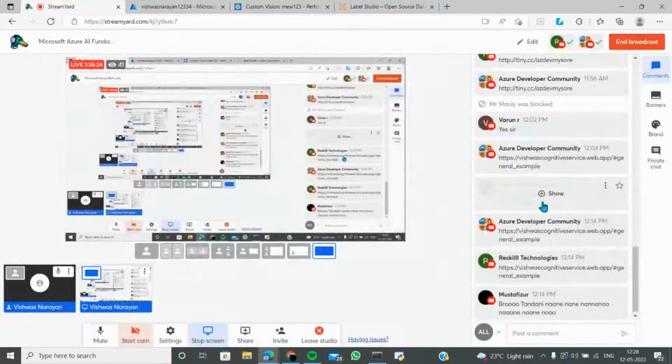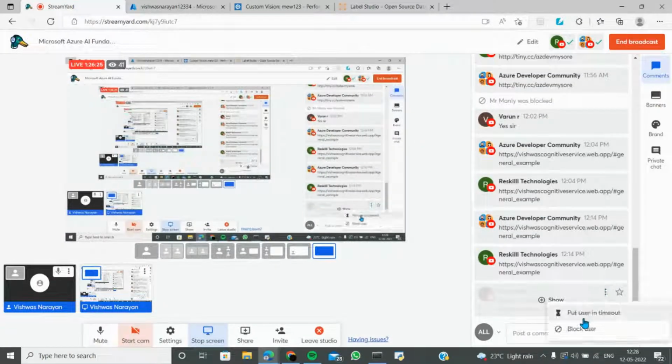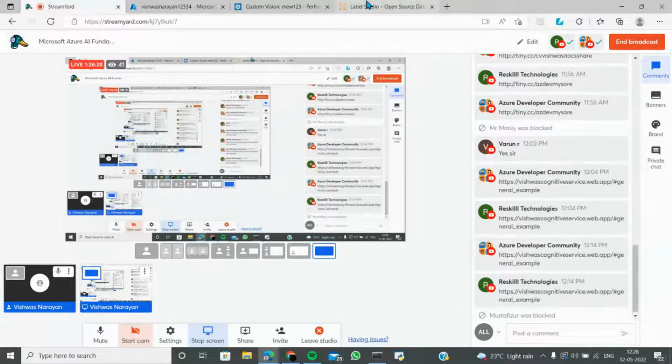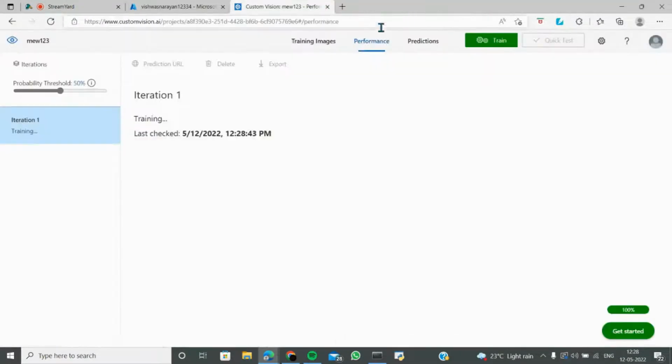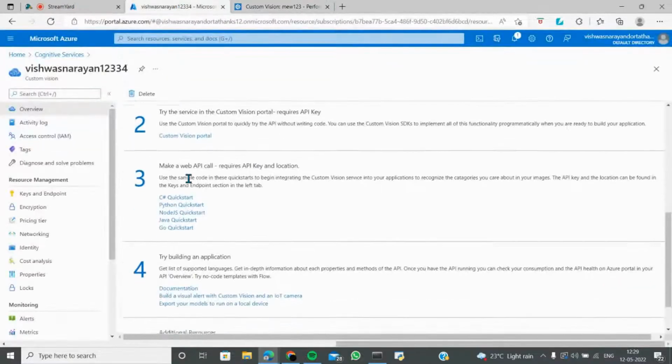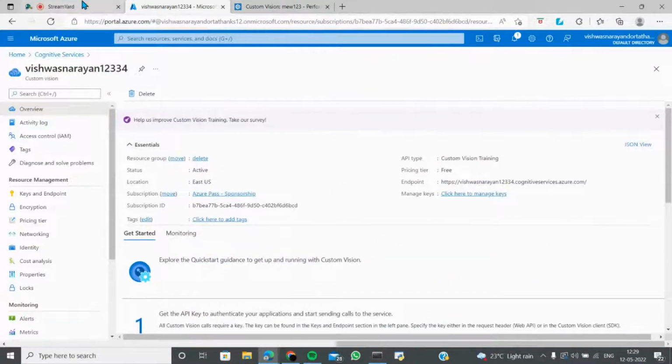So don't worry, folks. A lot of times it's too much work to get it right, so it takes some time. Quick training will obviously take some time. Probably the threshold is 50-50. That's what they are giving us now, so this is the ideal one. So let's just do that. This is the minimum probability score to predict as valid when calculating precision and recall. So with 50-50, recall and everything will be done. Don't worry, everything will be done.